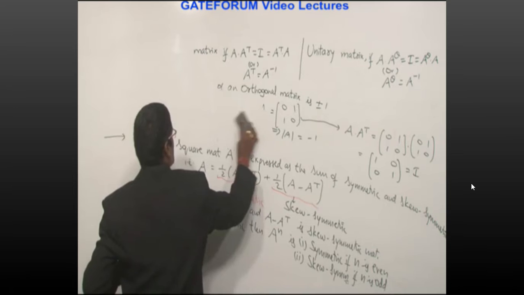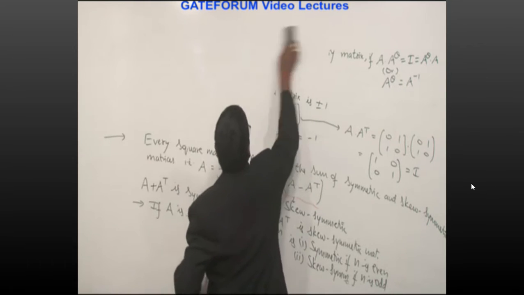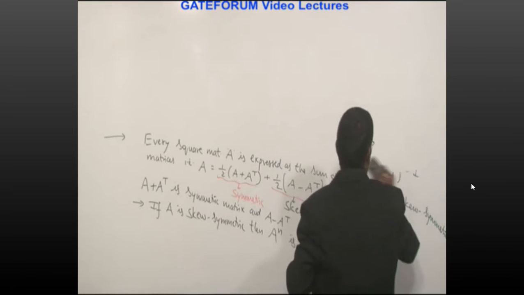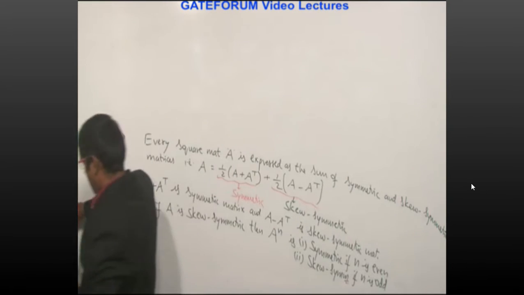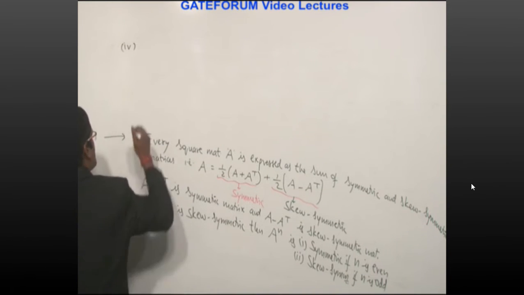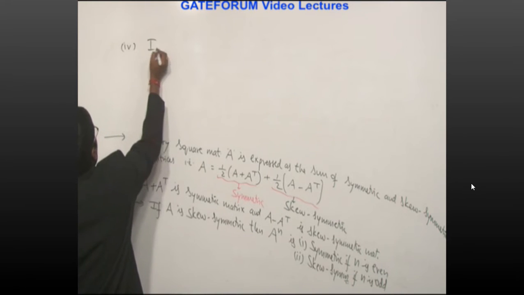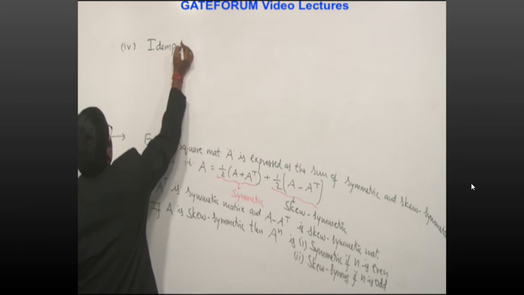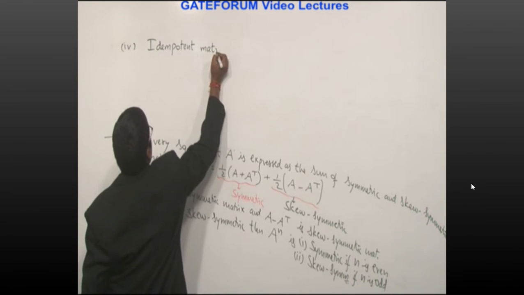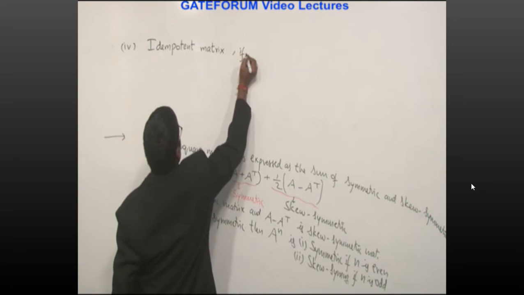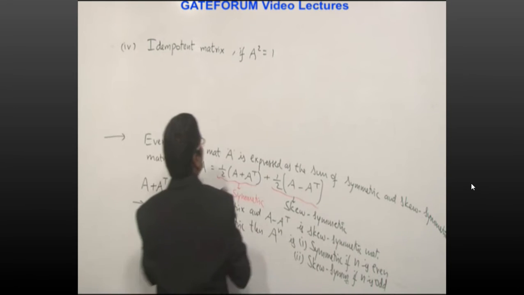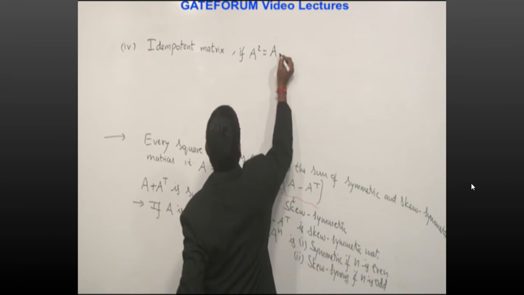Now in the 9th point, there are 3 more types of matrices, that is after symmetric, skew symmetric, orthogonal, 3 more definitions in the 9th point. This is 4, that is called idempotent, involutory and nilpotent. Idempotent matrix, if A square is equal to A. Okay, example,